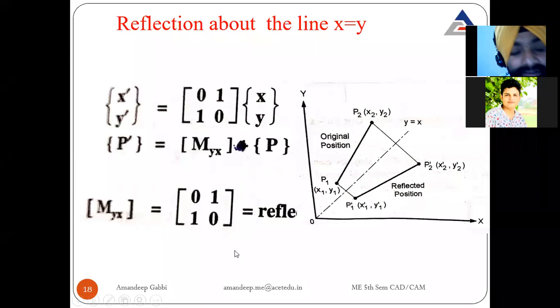Right? If you reflect according to this x, y: now 0 into x and 1 into y, so this initial value will become y, and 1 into x and 0 into y, so the bottom will become x and the top will become y. Opposite values will return as the x, y value.